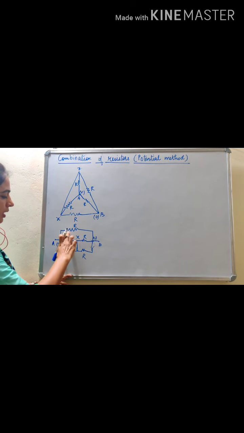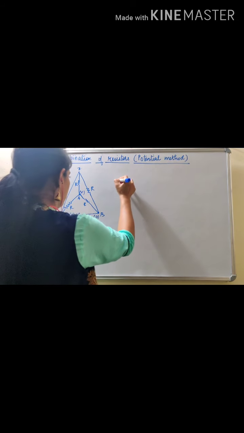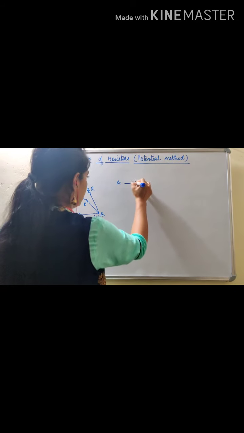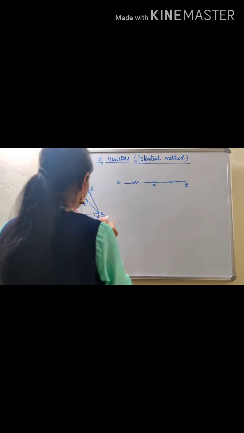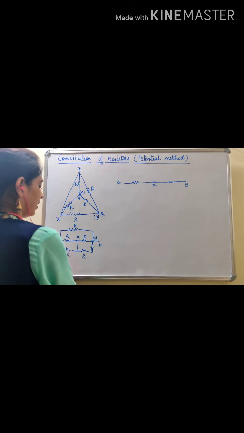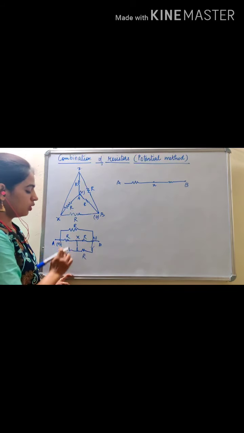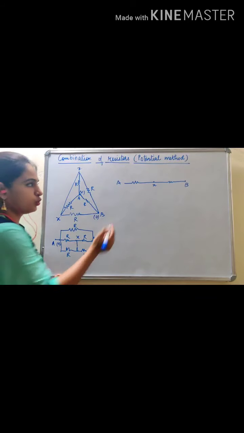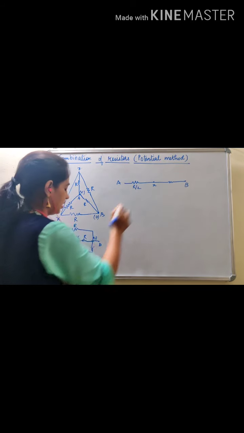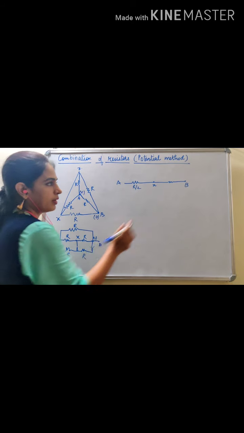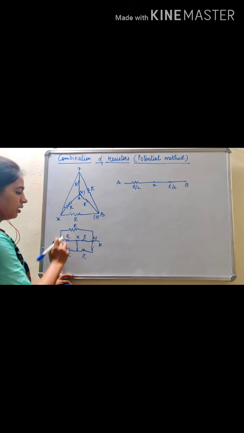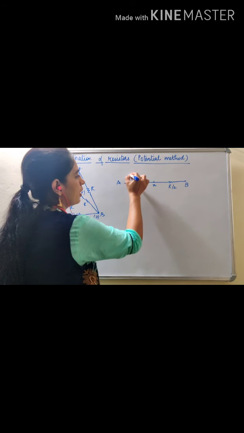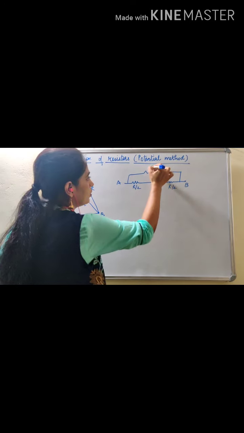Now we can see these two are in parallel, these two are in parallel. So we can draw the reduced circuit again using A, X and B. Here these two were in parallel between A and X. So the equivalent will be R by 2, and here also 2 R resistors are in parallel. So equivalent will be R by 2. And we have 1 R from A to B.